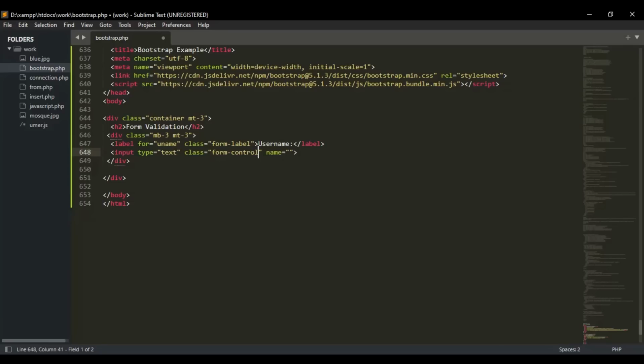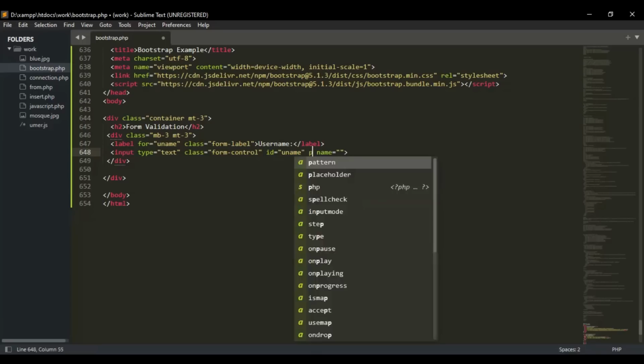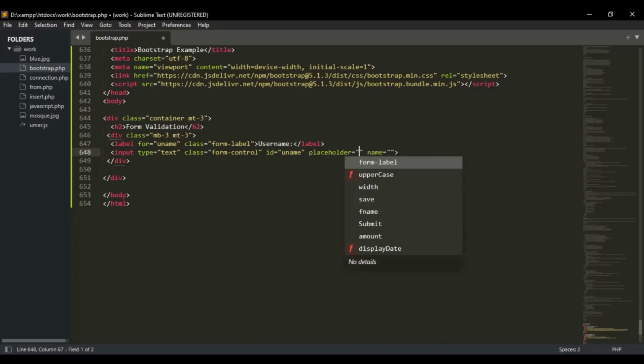Once I define the form-control, I need to assign the ID as well. ID equals to, as we have put the label for as uname, so I'm assigning the ID uname. Once I define that, I need to give the placeholder, because placeholder helps the user